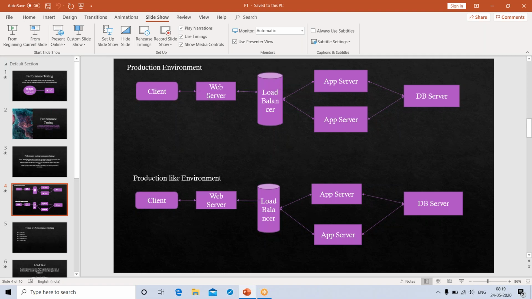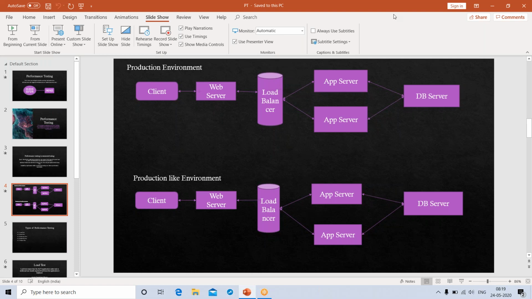Sir, since I come from manual testing, the requirements keep on changing as and when an enhancement happens. Will that be the same in performance testing as well? Yes, requirements keep on changing. But for every requirement change, we will not do performance testing.